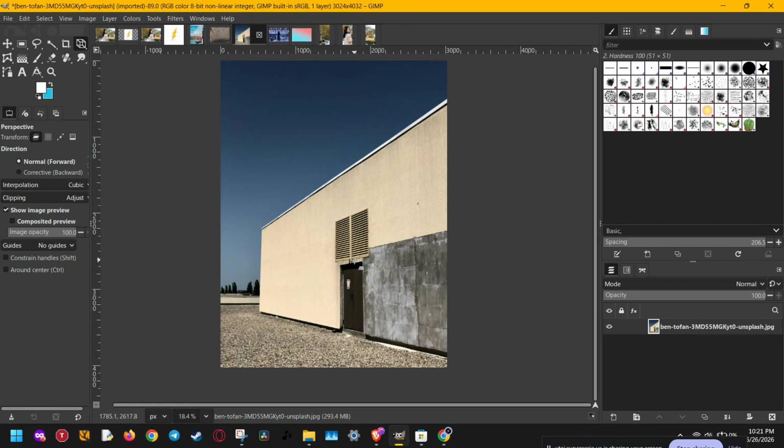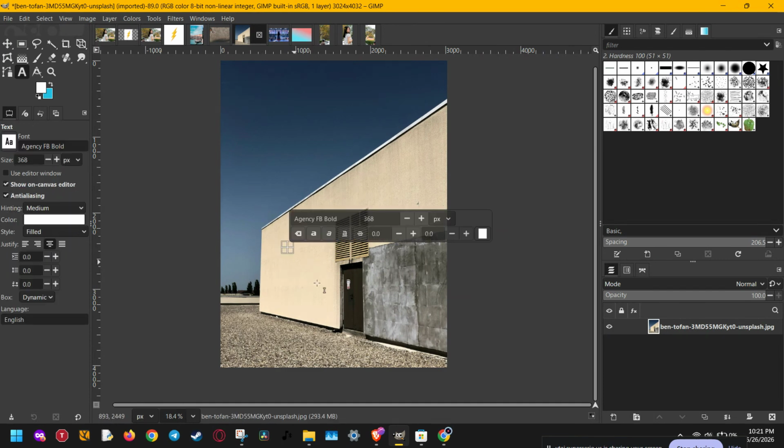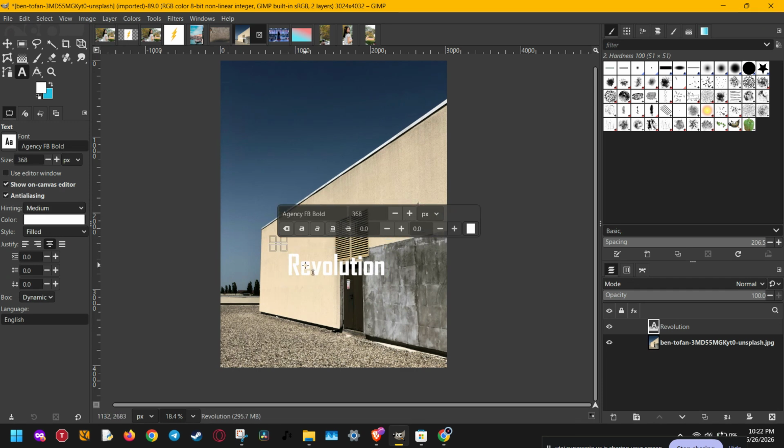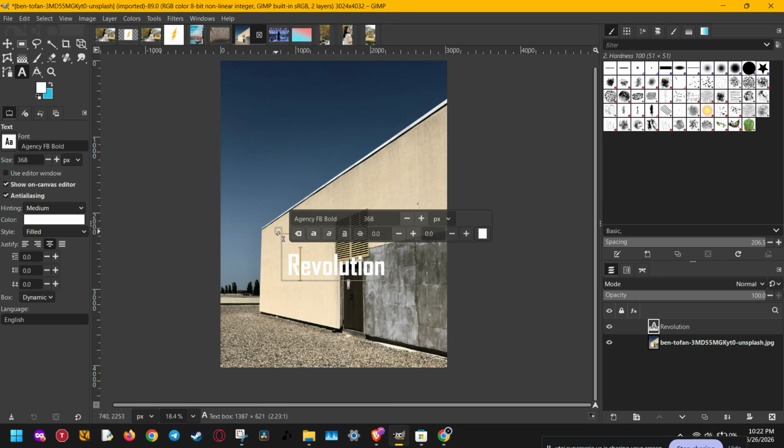Now, select the text tool by pressing T on your keyboard. Click on the image and type out the text you want to place on the wall. For the best results, choose a thick font. Bold lettering usually works better because it picks up the texture more clearly and gives you a stronger blend with the surface behind it. Thin fonts can work too, but they may be harder to see once you start blending